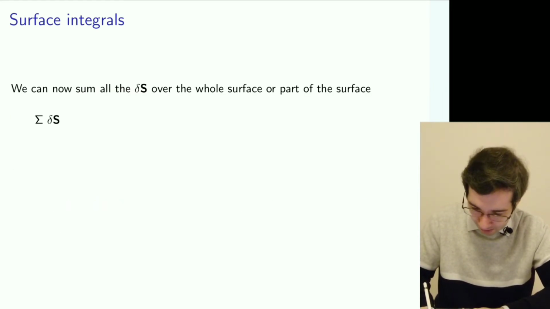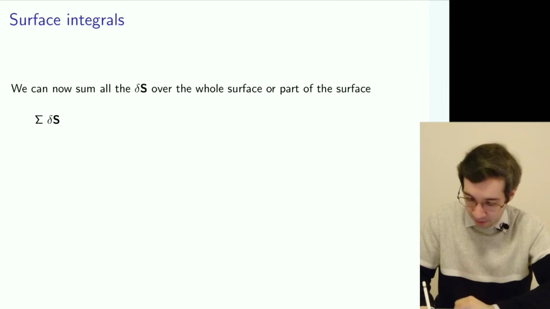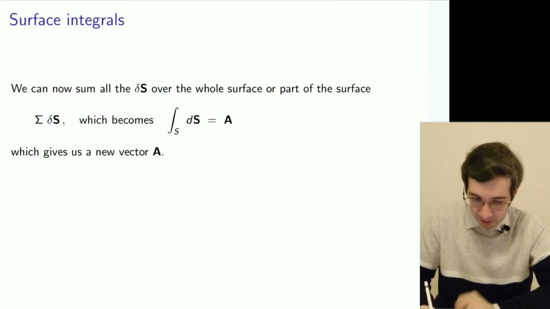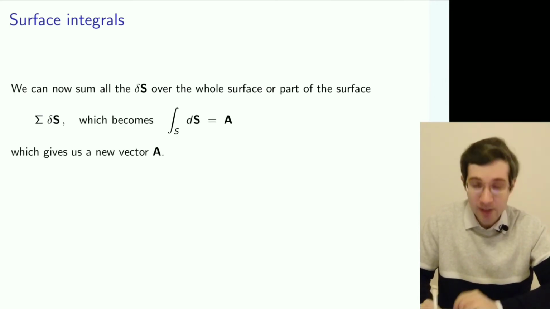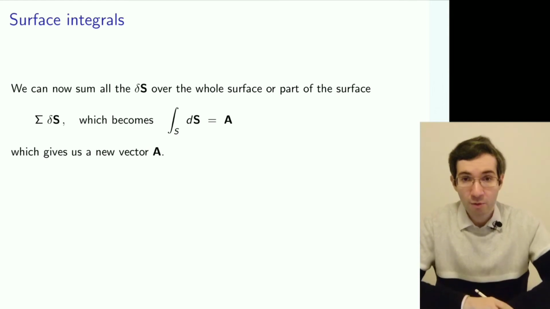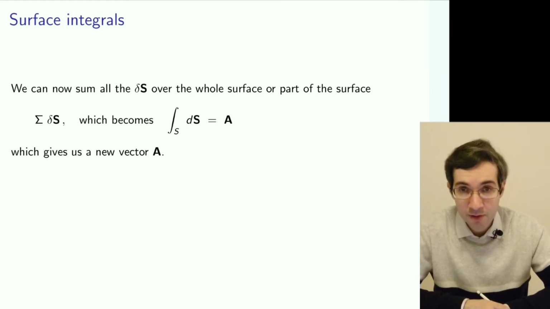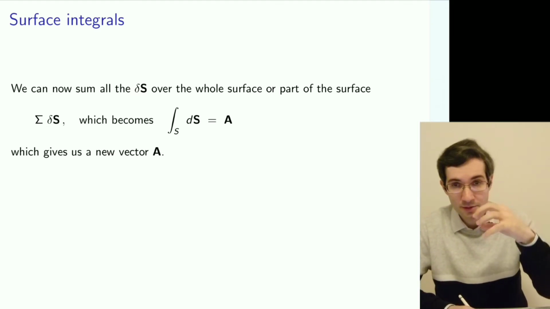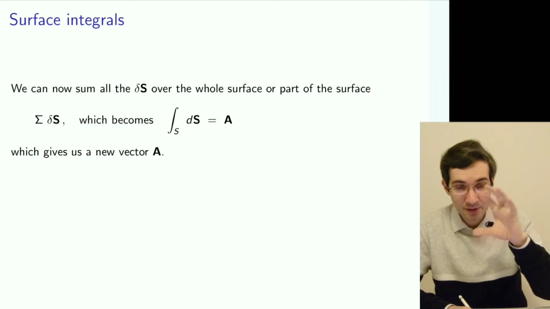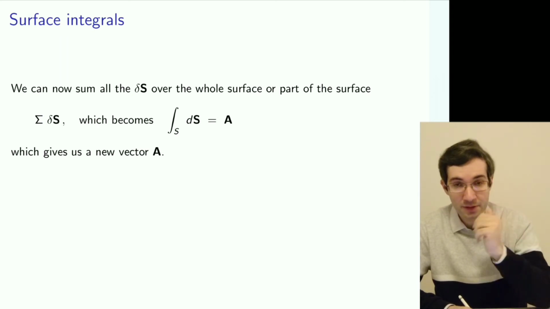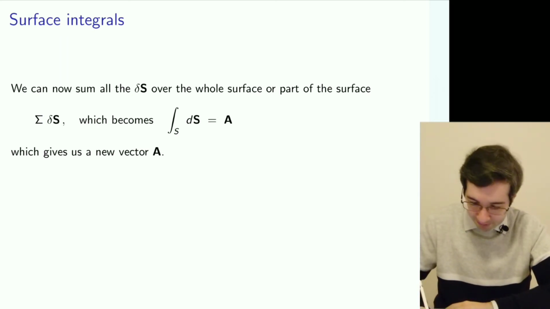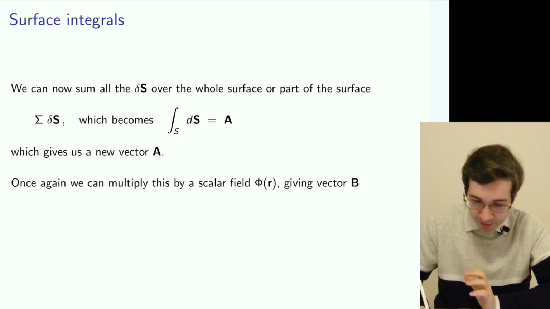And then if you sum up these oriented little surface elements, you'll get a total surface, which is also a vector because each of them has orientation. And if it's a sphere, then it actually will be zero because it cancels everything out. But it's again not a particularly exciting type of integral.